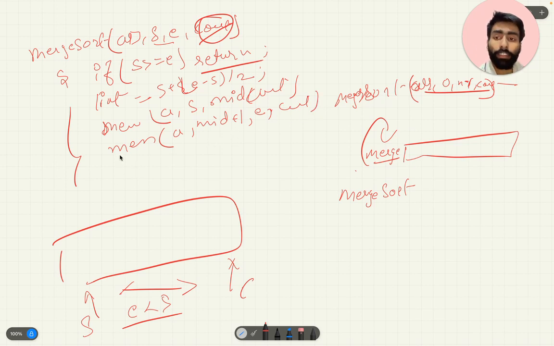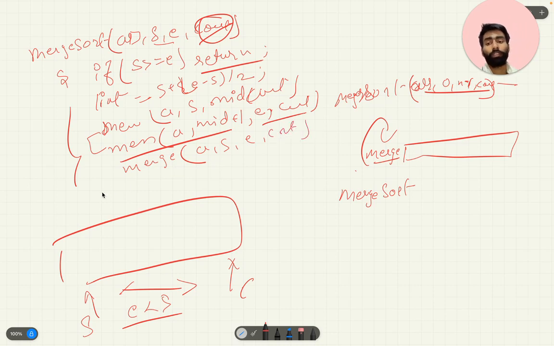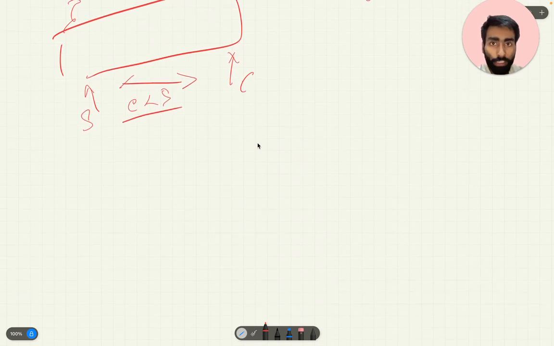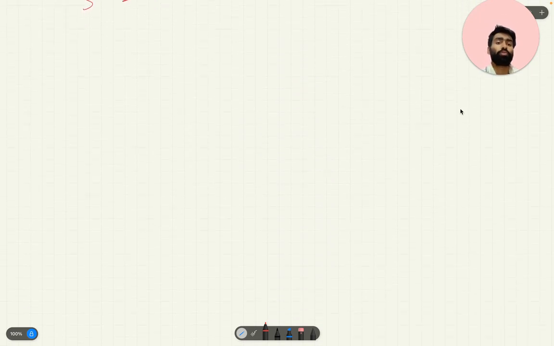In this way the array will be divided into two parts and the function called recursively, and after this recursion we will start merging. So we will merge from start to end, and the count in the merge function will do the job of counting the number of swaps.